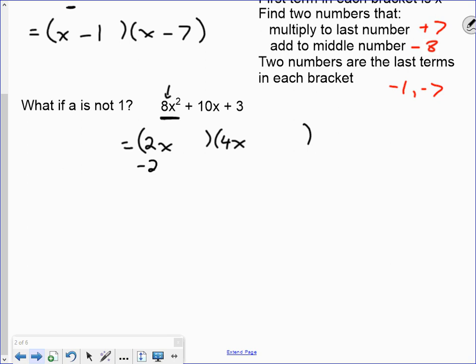It could be negative 2x and negative 4x. It could be 8x and 1x. It could be negative 8x and negative 1x, and so on and so on. So just like all along, we've had choices for what the two numbers are that multiply to give us the final number. Now we have to figure out what combination of terms is going to multiply to give us our first number. Okay. Now, there is a method of doing this that avoids all of this confusion here,